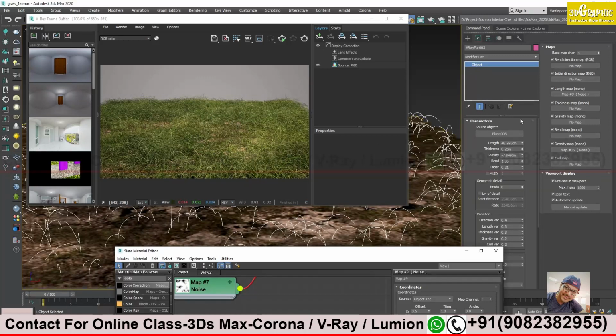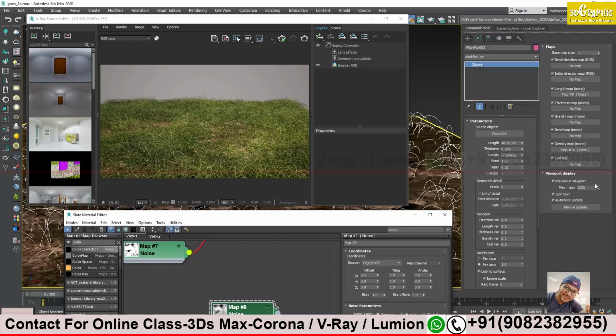Same thing. You try the other parameters over here on my maps. The bend. Some of the grasses will be more bent toward the ground. Some will not be so much bent. Some thickness you can also give. Some will be thicker, some lesser. What I want you to try is this. First, try what we did in here. Try that, and then in your free time, try other things as well.